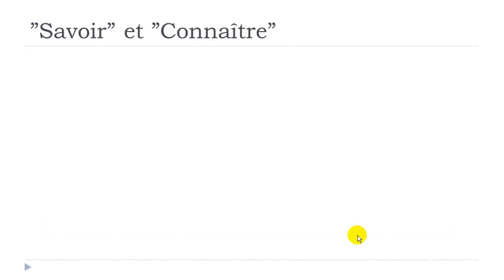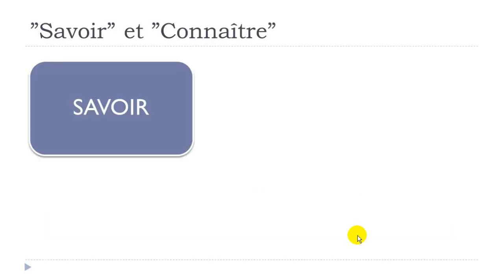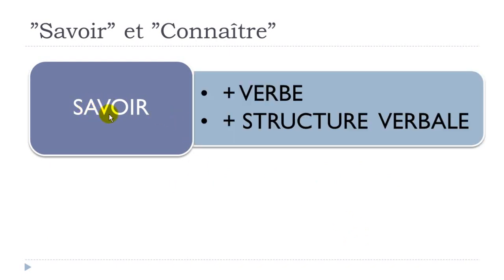What does it mean? It means that you will have two different uses of these verbs. The first one, savoir: the rule is that you will use savoir plus a verb. So if you want to add a verb, then you will have to use savoir, or if you want to put what we call a structure verbale, somehow like a sentence. If you want to introduce a sentence after "to know", then that's savoir that you